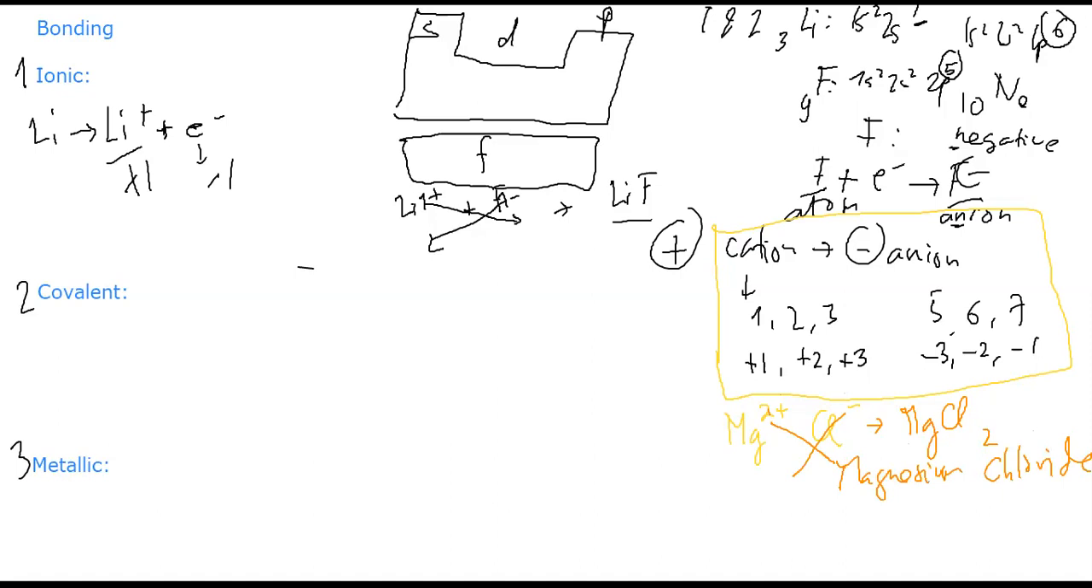Let me move to covalent compounds. Covalent is sharing electrons. Let me just write sharing electrons. For this one, it is